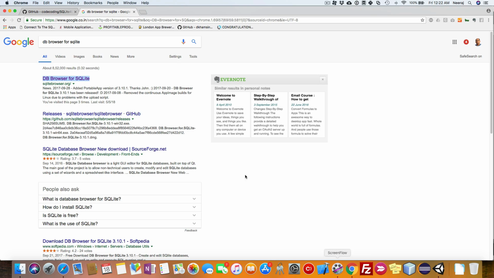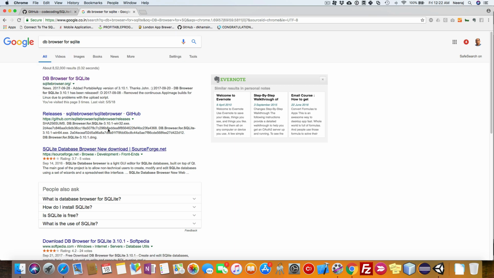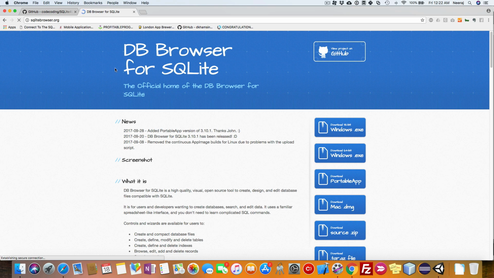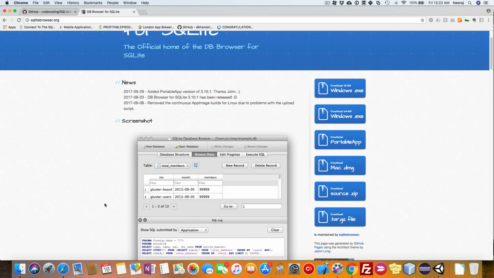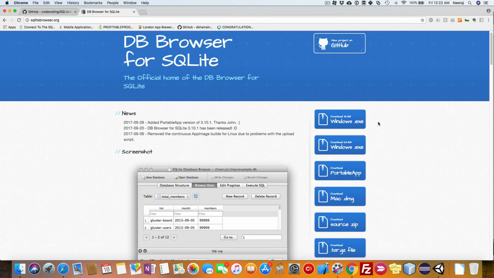Click on Google Chrome and search for DB Browser for SQLite. It should come in your search result, and then you should make sure that it is sqlitebrowser.org. Click on it. It will take you to this website where you can basically download DB Browser for SQLite for